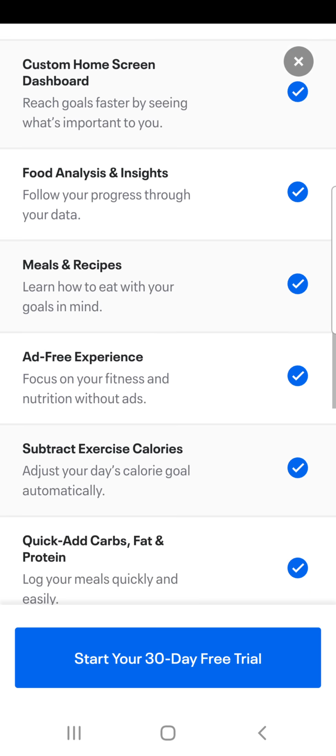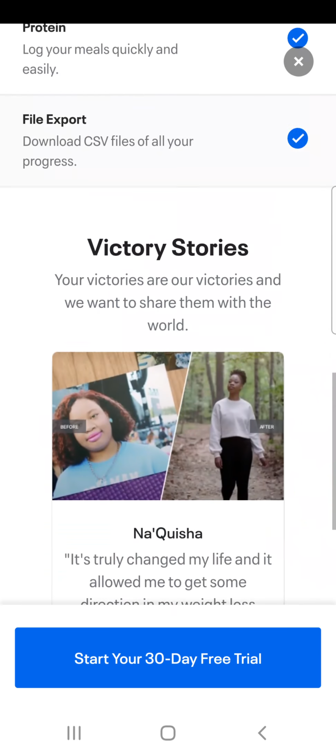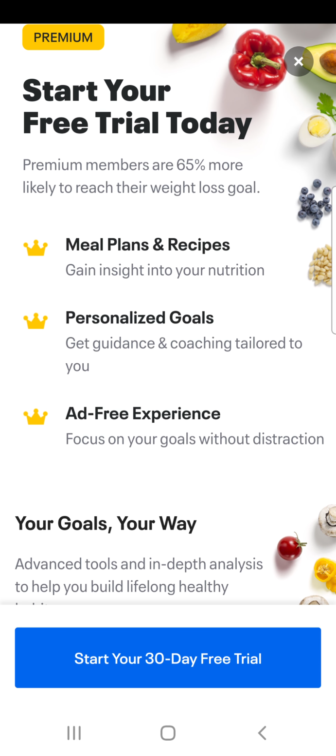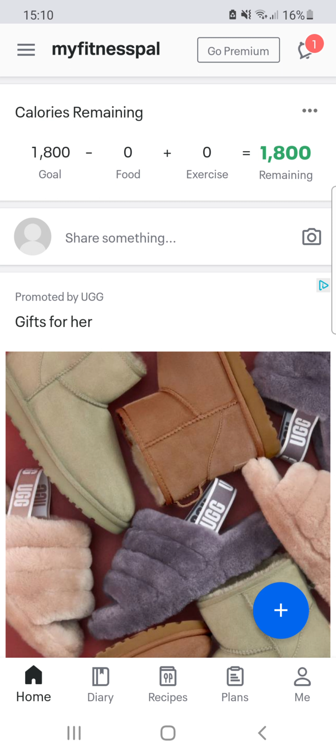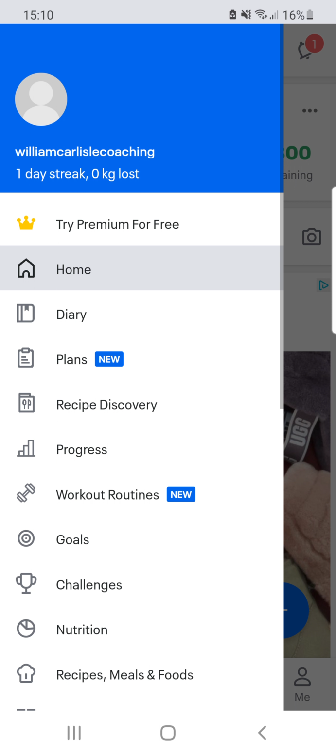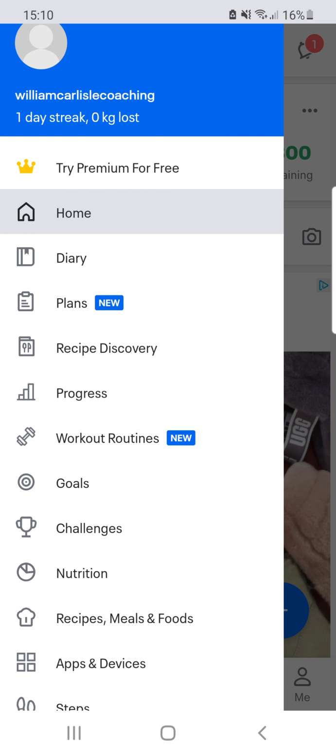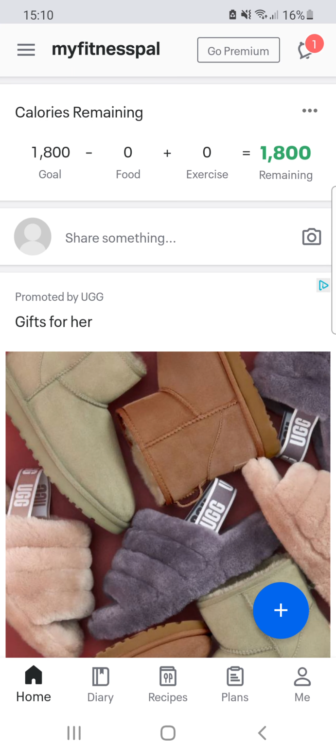So don't need to worry about that there. You can start your 30-day free trial if you would like, but for me, I wouldn't worry about that today. Okay, so this brings you to the home screen. And the first thing we're going to do is click on the top left hand side, the three little bars, and that brings you to this menu. So you click on diary,